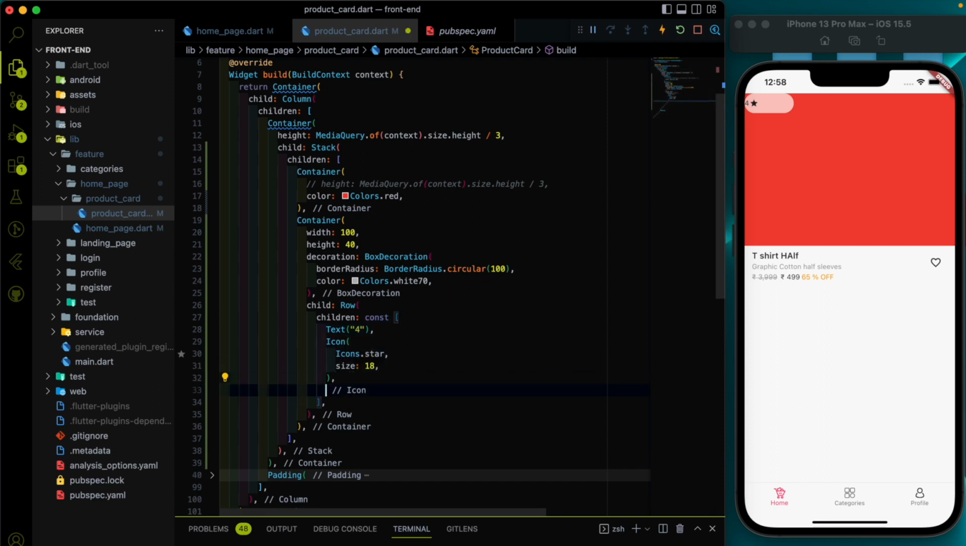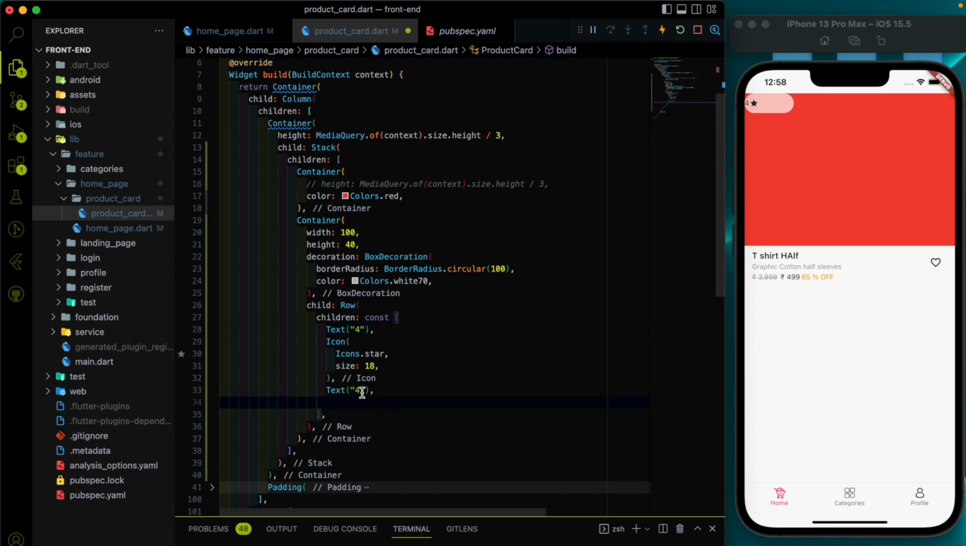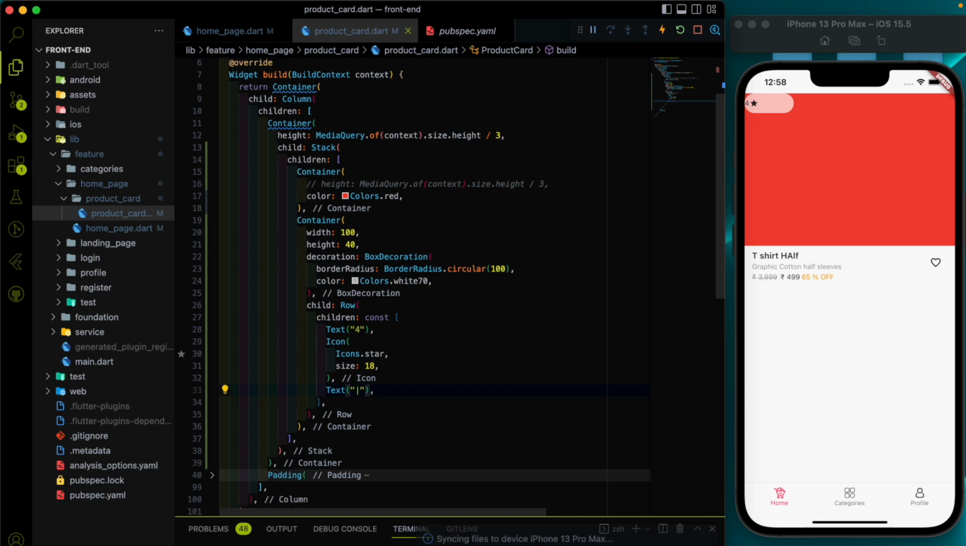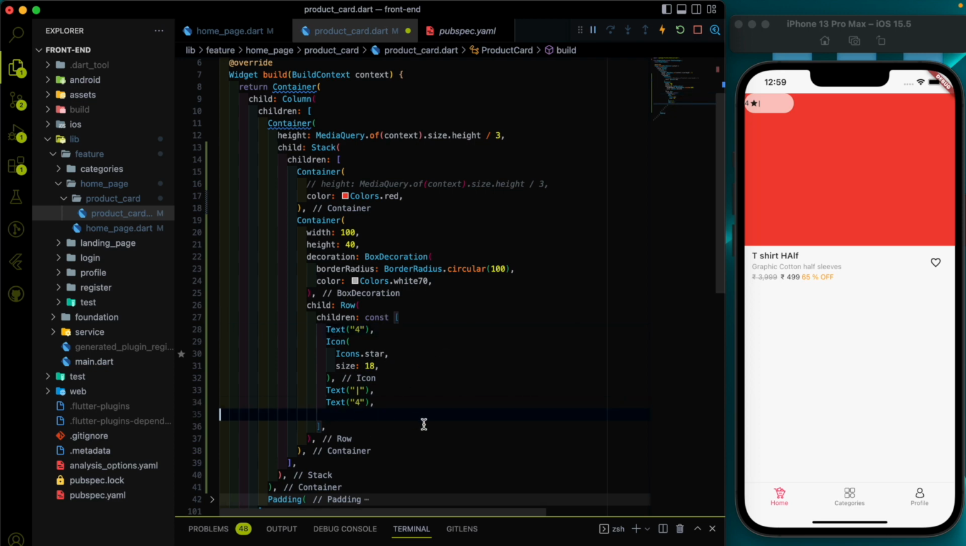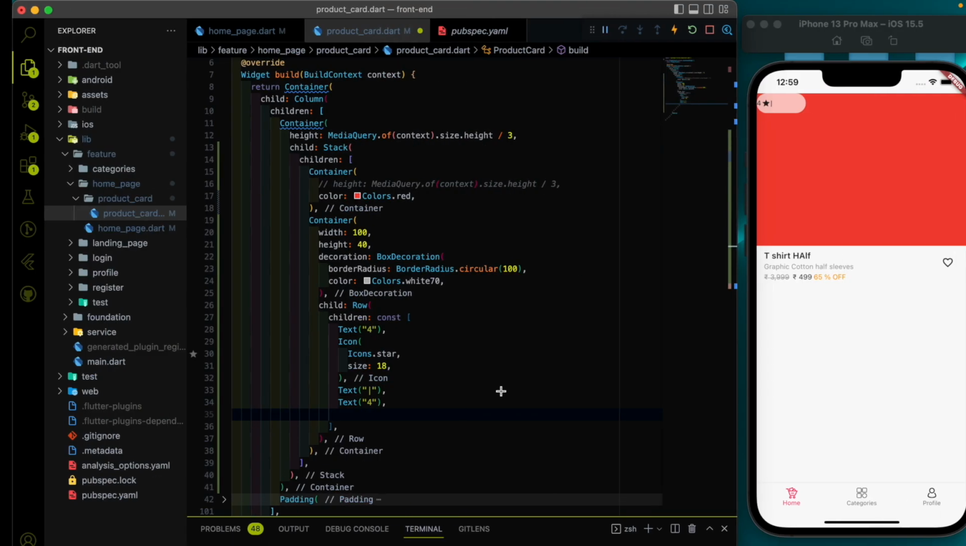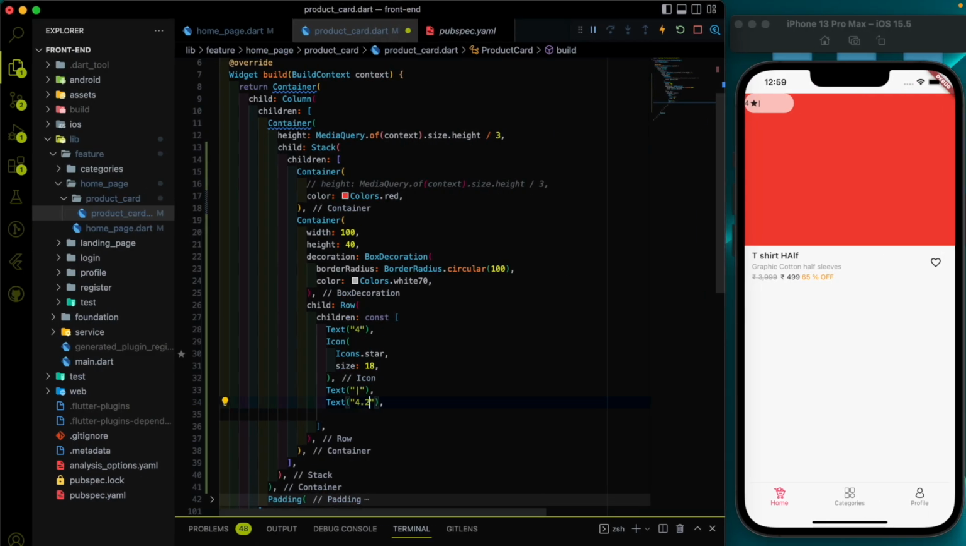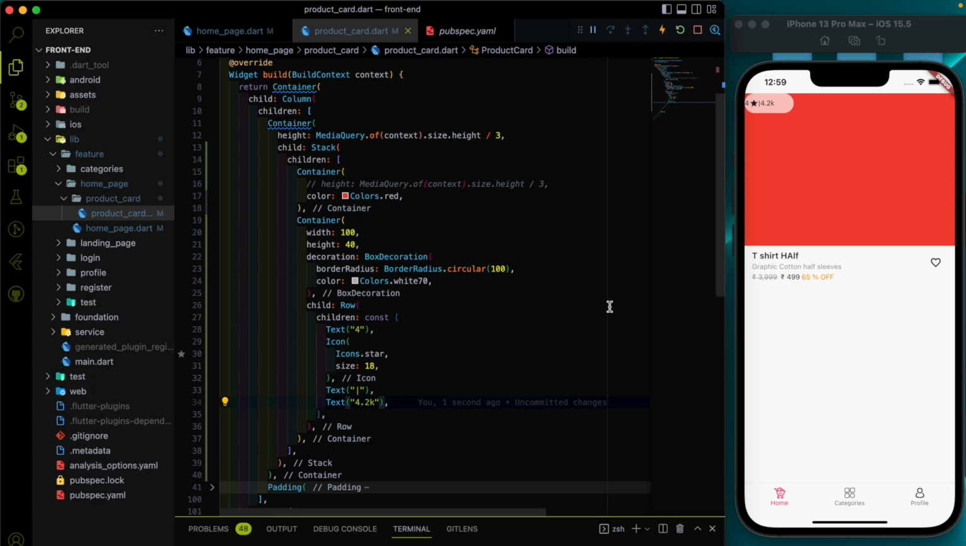Now let's add a divider, or as of now we can use a pipe as a divider. So this is also added. Now we need to add a second text, which is going to be the number of users who gave a response. Let's use 4.2k. Okay, all things are added. I know it's not looking great, but let's first